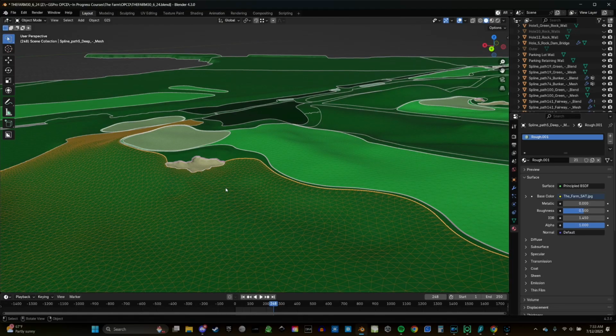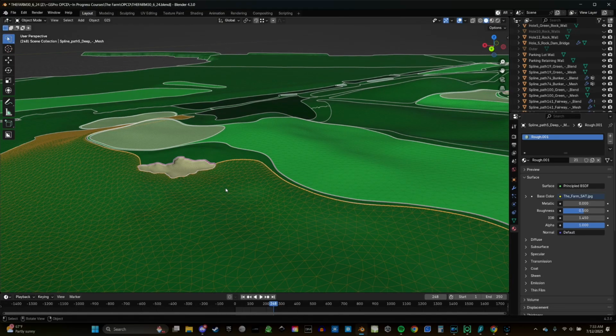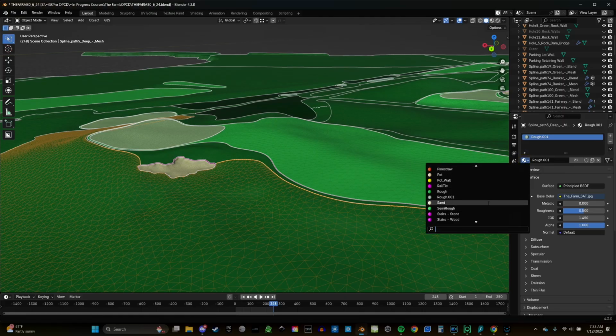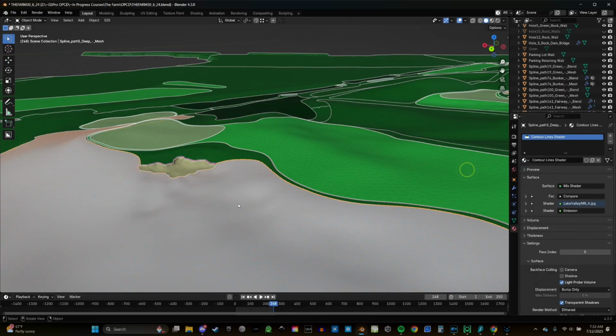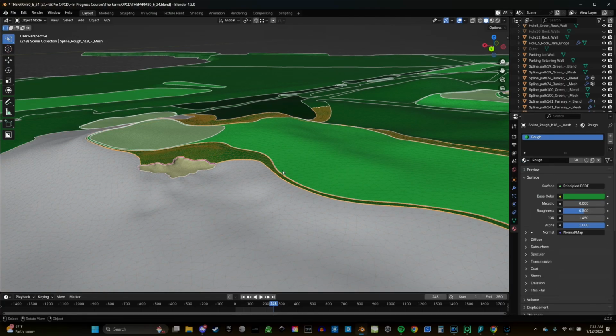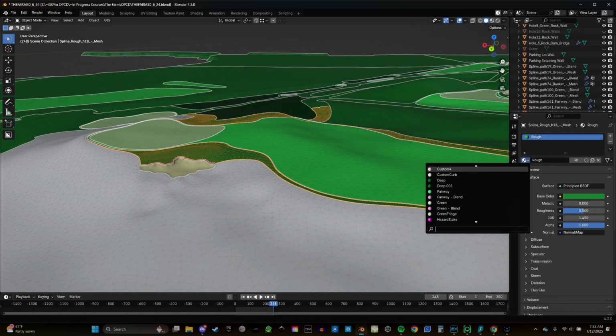But if you, for whatever reason, wanted to do it on individual meshes using just the standard stuff I've showed before, just moving around stuff, you could assign the material there if you really want to see the contours for some reason while you're doing it. So you could just select anything and add the shader to it. We'll just do these two here,